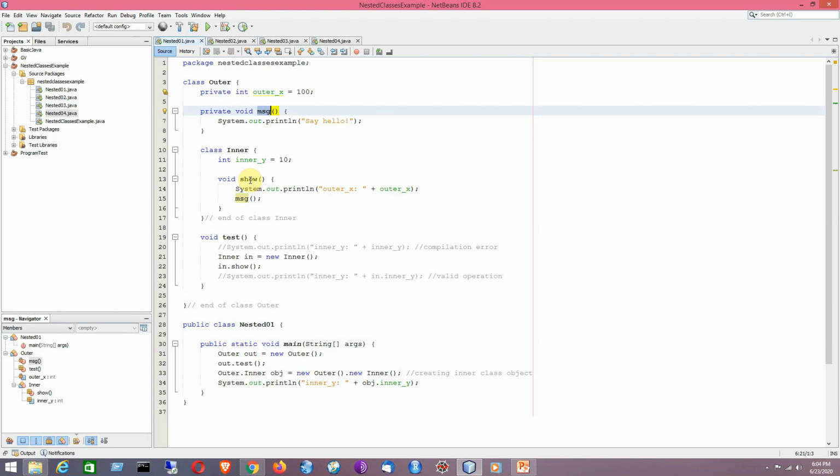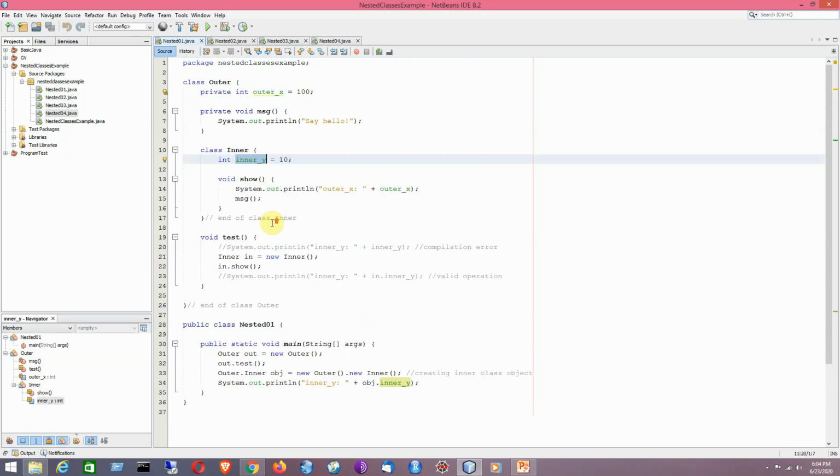But I cannot access the members of the inner class directly from the outer class context. So that is why it will give you a compilation error. But using an instance or object, I can access it. Now say for example, I would like to access this particular field from the outside world, say for example from main. So how can it be accessed? That is the most interesting thing to consider.